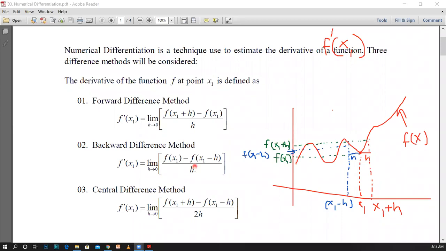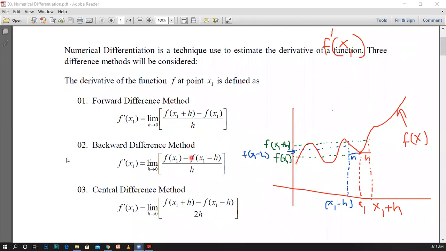In the previous two methods, we just divided by h. It is because the distance between those 2 points was h. But in the central differencing method, we are considering a distance h away from the point on both sides. Therefore, the distance is 2 times h. That is why we are using 2h here. And here also we are sending the limit of h to 0 to identify the derivative at point x1. These are the fundamentals that we are using for numerical differentiation.